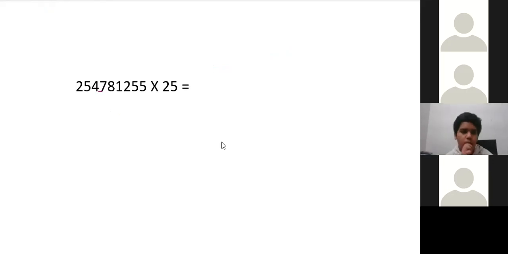We should divide the number by 4. So 4 6s are 24, so 1 will be the remainder, and 4 3s are 12, so 2 will be the remainder. 27, 4 6s are 24, so 3 will be the remainder, and 38, so 4 9s are 36, and 2 will be the remainder.